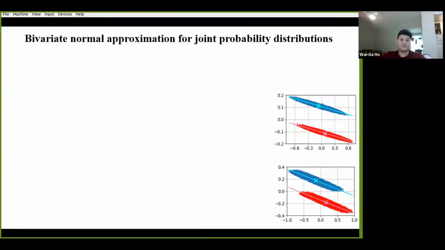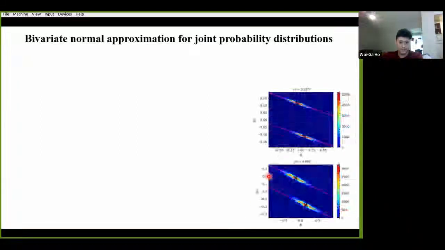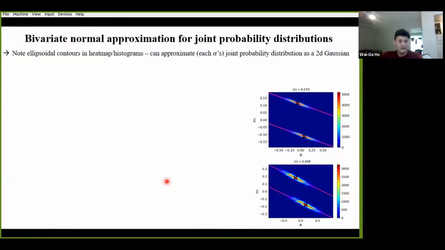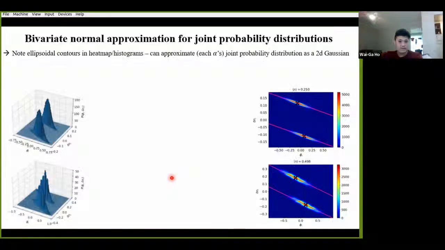Now, for more on these joint statistics, well, we can consider the underlying probability distribution that produces them. So converting those scatter plots to heat maps now, we notice that they have these isoline features that look pretty elliptical, for both the quarter and the half-filled problem we've been looking at. Okay. And now if we plot this as a 2D histogram, we can see that the joint probability distribution in delta n and phi, well, these have been normalized to 2, one for each species. All right. These look pretty Gaussian, especially in the